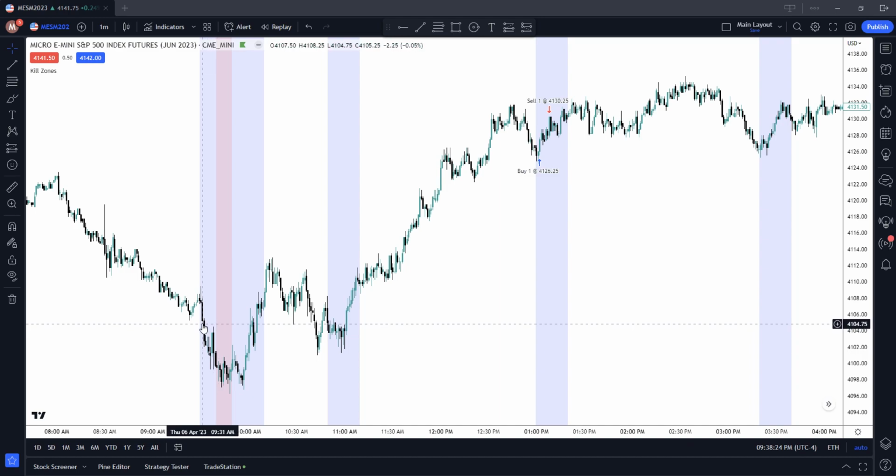So you've got from like 9:30 to I think it's 10:10, 10:50 to 11:10, 1 to 1:20, and then 3:20 to 3:40. And what I've noticed during these ones, especially the afternoon ones, is that it likes to kind of dump, or at least retrace back a little bit, and then the algo starts buying it up again, kind of like what it did here, and it did that, kind of did it right here for the